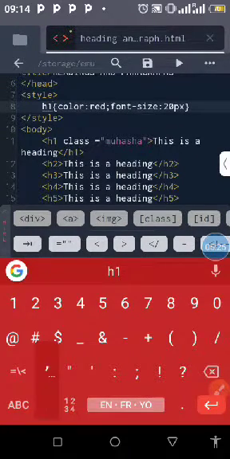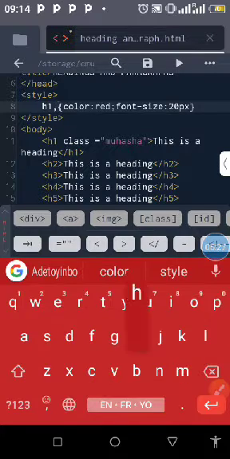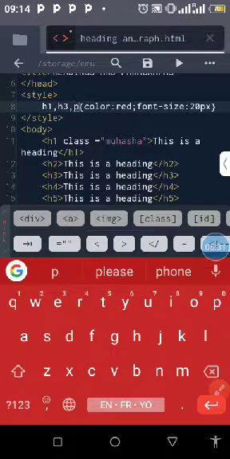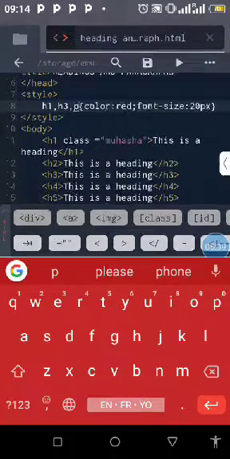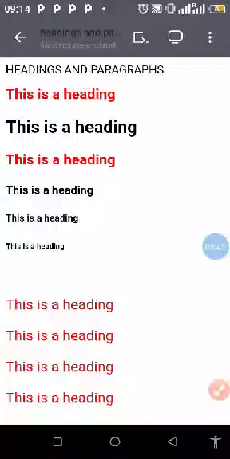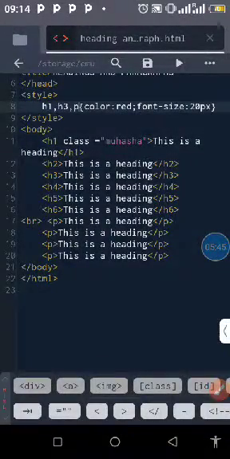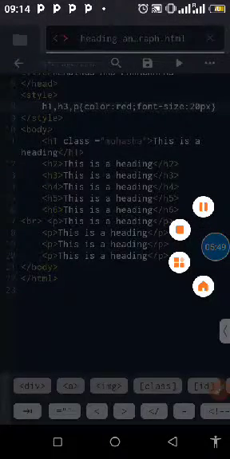And then if it is a group one, we have H1, comma, H3, comma, then P. That means heading 1, heading 3 and paragraphs are those that this style is going to affect. Let's check it. You see now. So that's it for the element selector. Next is the